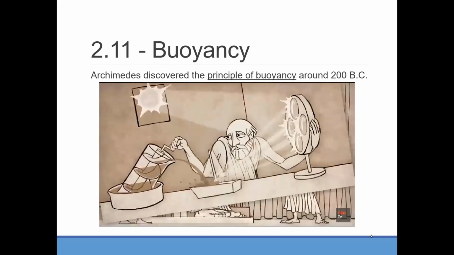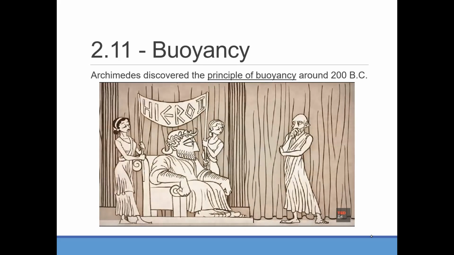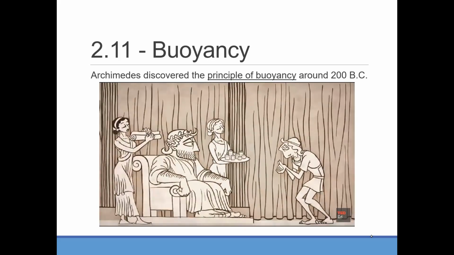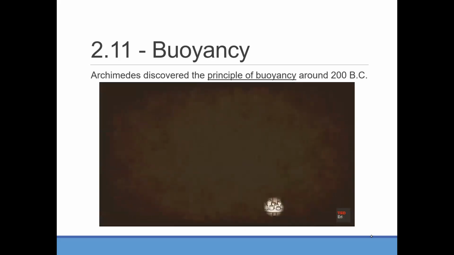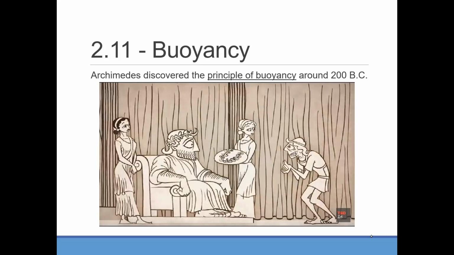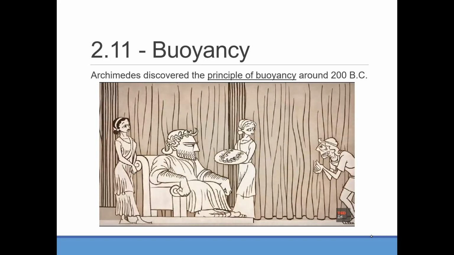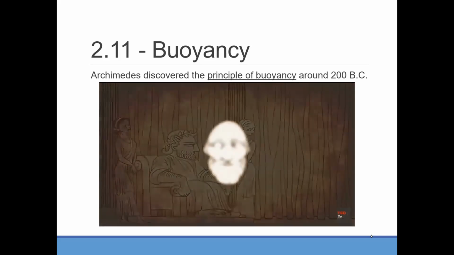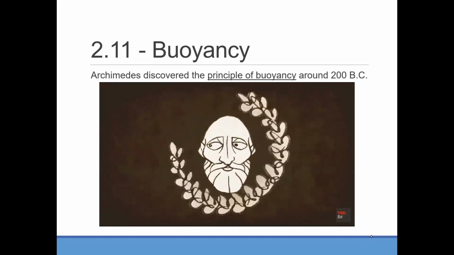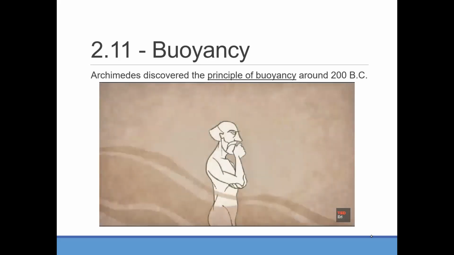One day, Archimedes was summoned by the king of Sicily to investigate if he had been cheated by a goldsmith. The king said he had given a goldsmith the exact amount of gold needed to make a crown. However, when the crown was ready, the king suspected that the goldsmith cheated and slipped some silver into the crown, keeping some of the gold for himself. The king asked Archimedes to solve the problem, but there was a catch. He couldn't do any damage to the crown.